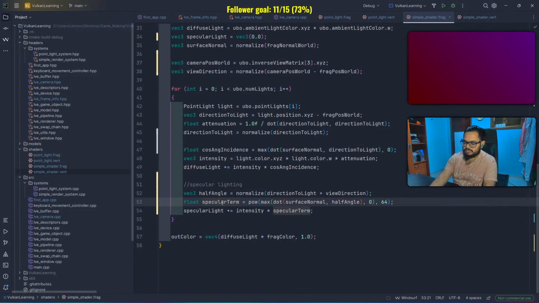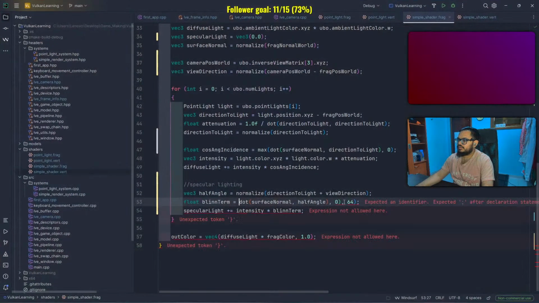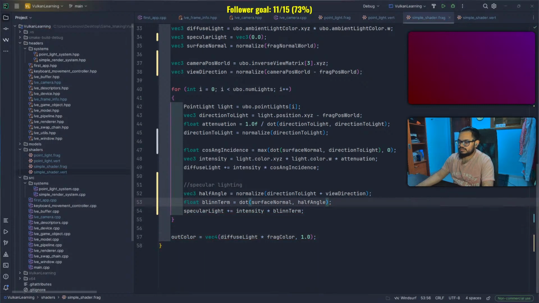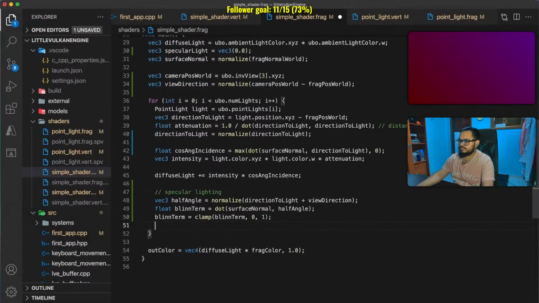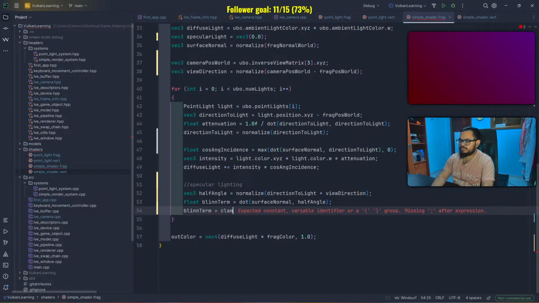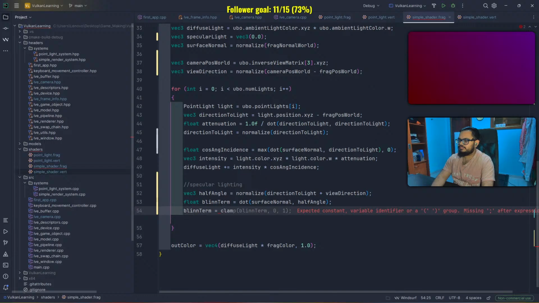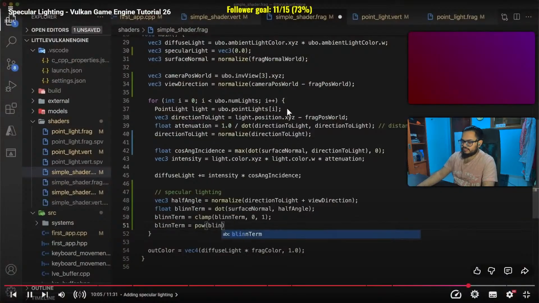Blend term. Clamp this value to the 0 to 1 range. A dot product below zero occurs when the viewer and light are on opposite sides of the surface. And then we raise the blend term, clamped to 0 to 1, to some power. A higher exponent will be a sharper highlight, and in the future we can pass this